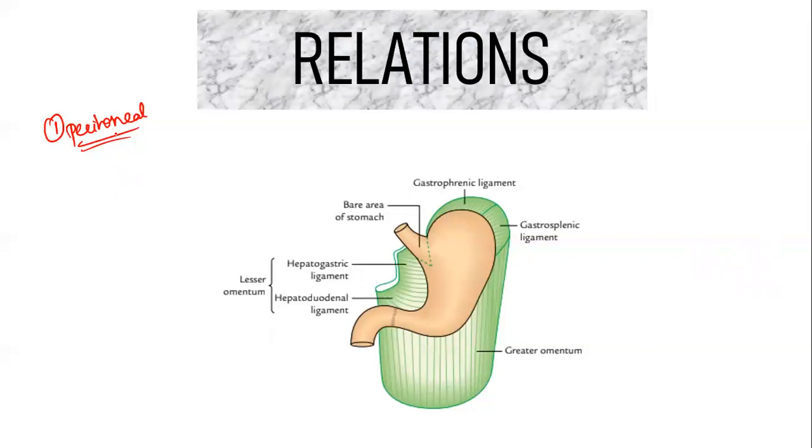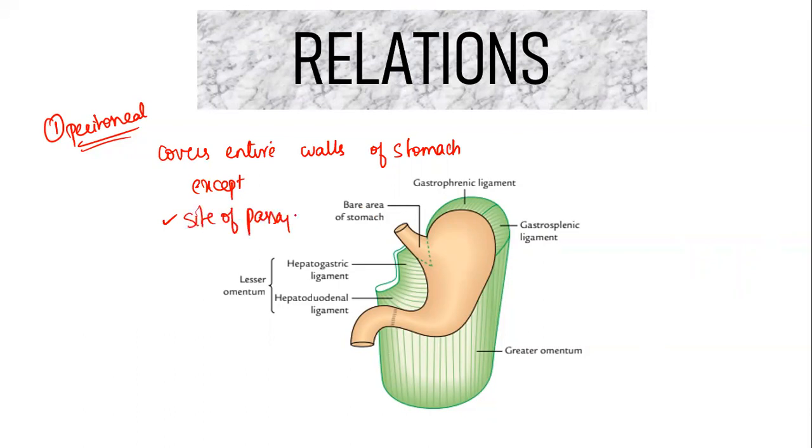So the peritoneum is going to cover the entire stomach. What is it going to do? It covers the entire walls of the stomach, except where? Except the passage along the curvatures. If you take the lesser curvature and the greater curvature, you will have the blood vessels that are passing there, right? So except at the site of passage of blood vessels, and a very important one,